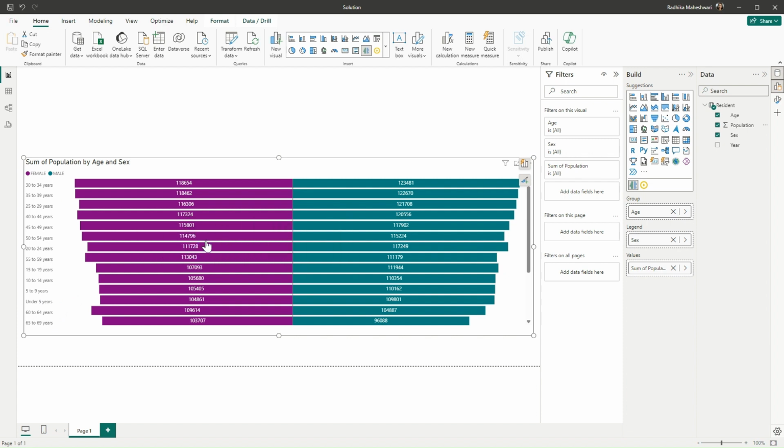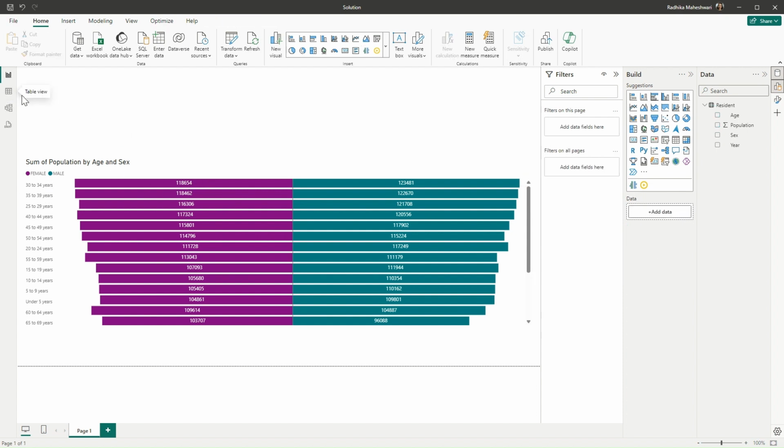Secondly, we don't need to have the sum of population. Instead, we need the percentage of population for male and female. So we are going to create a new table so that I can just have age in it. And I will add two columns. First is the reformatted column, the way we want it to look in the visual, and another one will be a sort column. For that, I will use a DAX function.